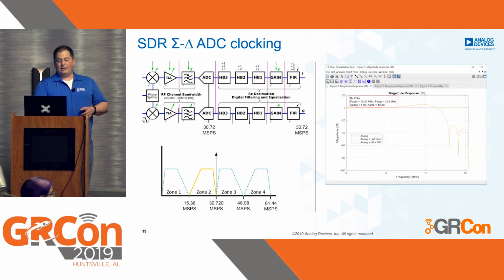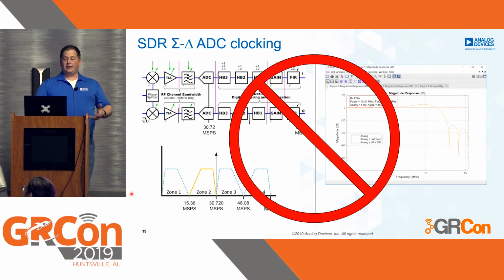But what ends up happening is these filters right here are only third-order Butterworths inside the chips that are used in all these SDRs. So the droop that you get is not significant enough to get rid of those aliases. So if your ADC was running at 30 megasamples, then you would see lots of signals show up from your zone 2 folding back. Luckily, that's not the way things work.